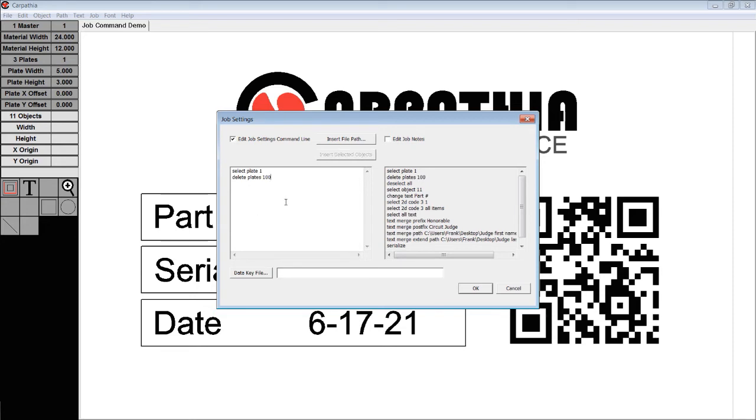paste them in. This allows us, when the job first opens, it'll select the first plate, and then any plates that we created, we're always going to have less than 100, so we used 100 as our number. It will delete all the extra plates, just leaving one for us to start with. This happens because every time we use a job, we finish, we have to save it with all the extra plates because we need to save the serialization for the next time so it knows what number to start